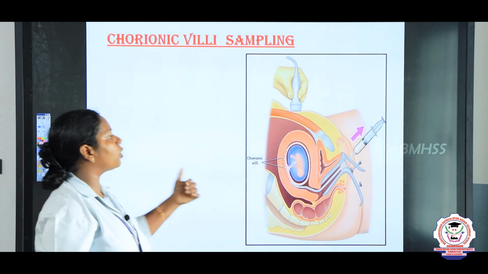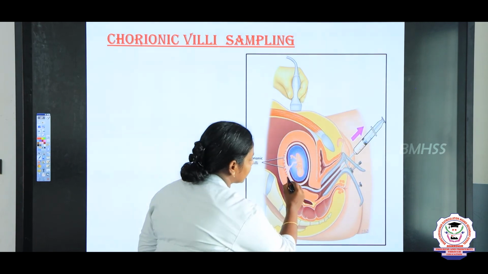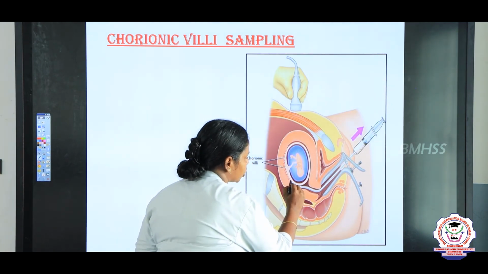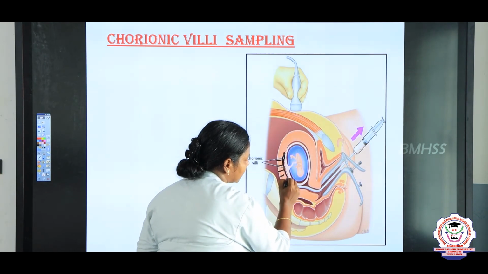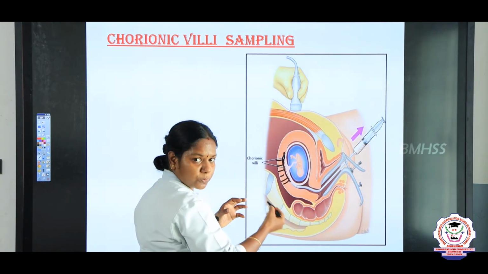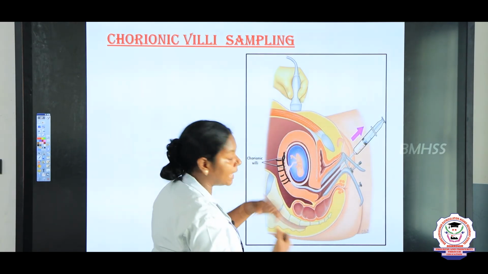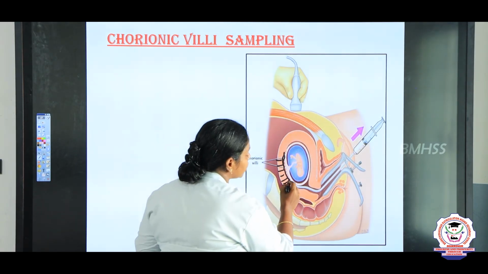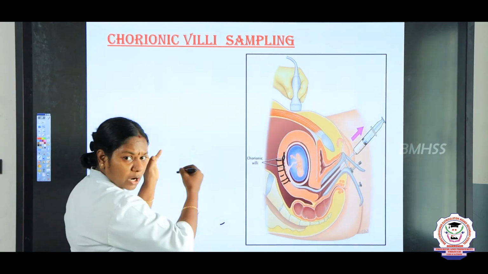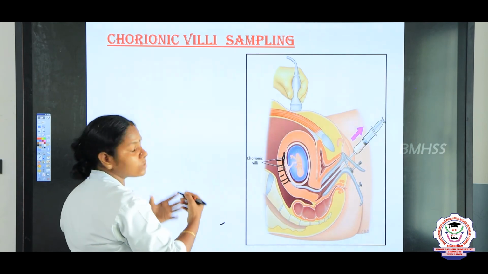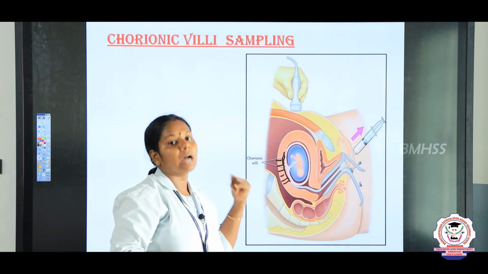Next technique is chorionic villi sampling. Just look into this picture, children. Yes, this is a chorionic villi. Here is a tissue. It possesses small branch-like structures, and it is responsible for supplying the nutrients, an intimate connection between the mother and the fetus. So, a small tissue is extracted from the chorionic villi, and by using that we can determine whether the child possesses any abnormalities.